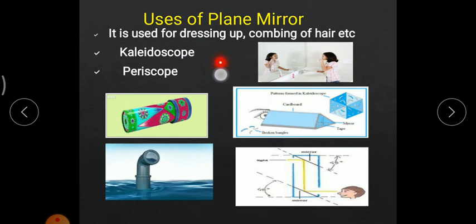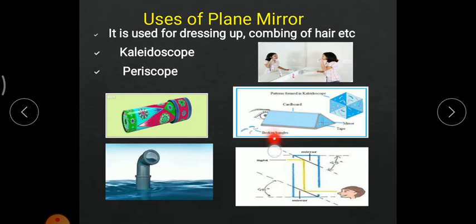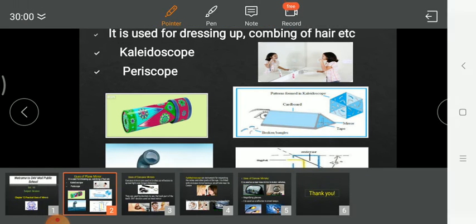Now, the kaleidoscope. Earlier we have discussed its mechanism a little bit. A kaleidoscope requires three plane mirrors: first one, second one, and third one. Inside, as you can see, in order to get a colour texture, broken bangles are used. This sort of texture is made. There is a cardboard, and inside that cardboard, three plane mirrors in the form of a pyramid are inserted.